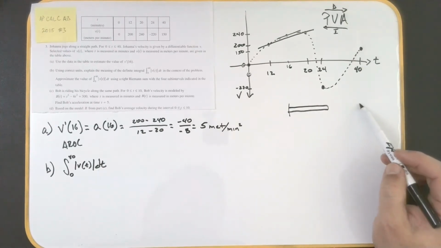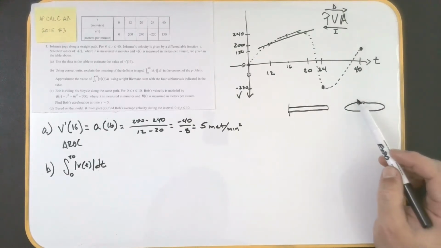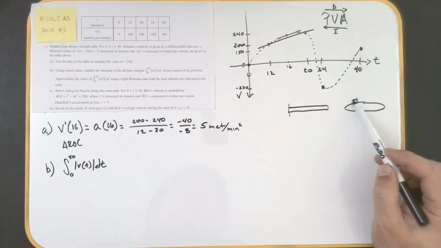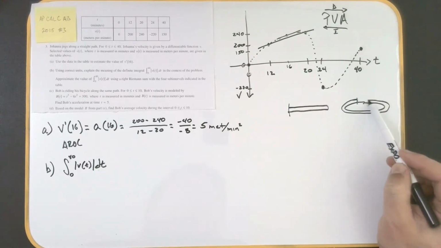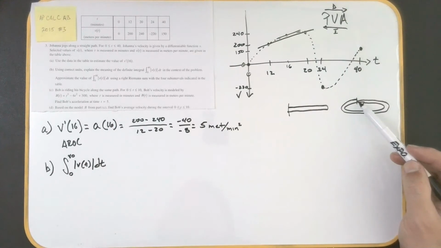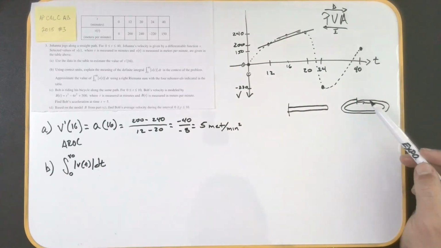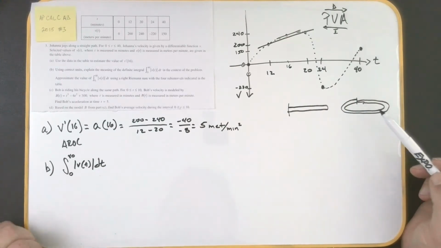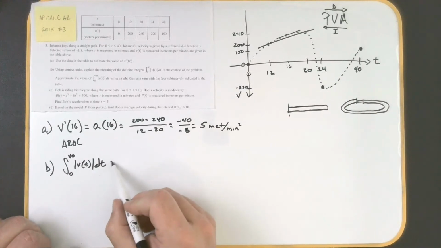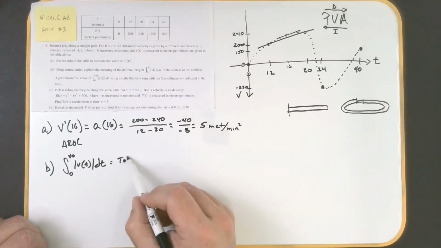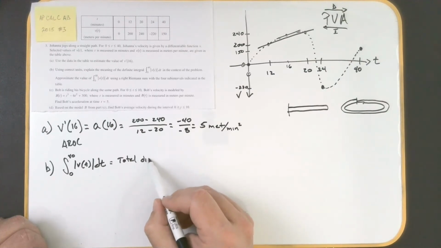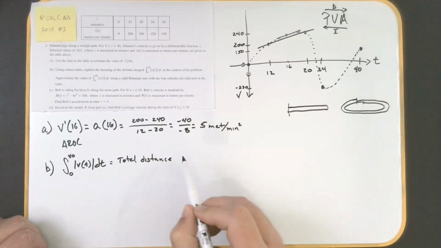Another way to think about it is, let's say you're a track athlete, and you're going to run a 400 meter. You're going to run 1 lap around the track. If you run a full lap and you just integrate your velocity, your change in position is 0 because you finished at the starting line. However, if you integrate the absolute value of your velocity, you would get 400 meters because that was your total change in distance. So when you integrate the absolute value of velocity, what this is representing is the total distance traveled, or in this particular question, this is equal to the total distance